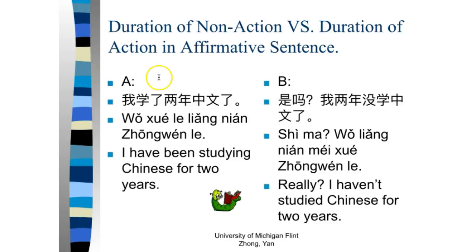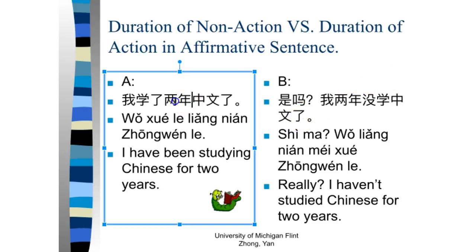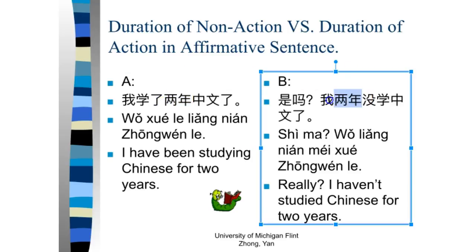Let's compare the duration of non-action versus a duration of action directly. 我学了2年中文了。I have been studying Chinese for 2 years. This is a duration of action. What is the duration of non-action? I haven't studied Chinese for 2 years. 我2年没学中文了。